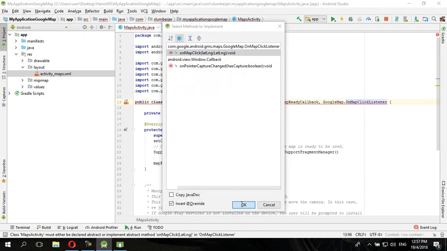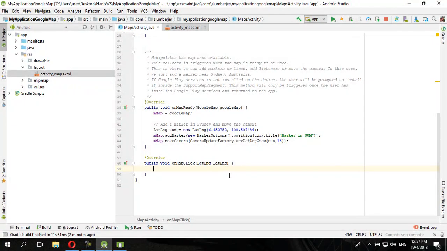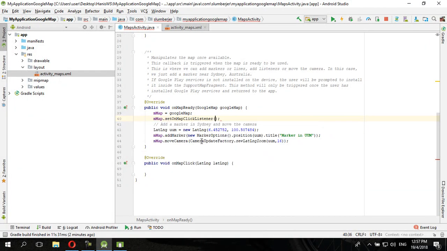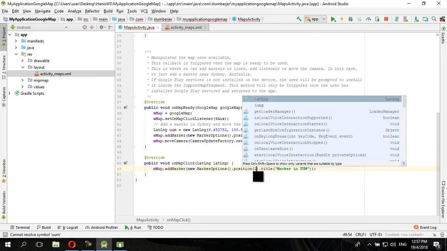So on map click, what you need to do now is, first, of course, you need to set OnMapClickListener to this, and then if you like to add marker, you can just add marker using this. Okay, so the location is based on the latLng,